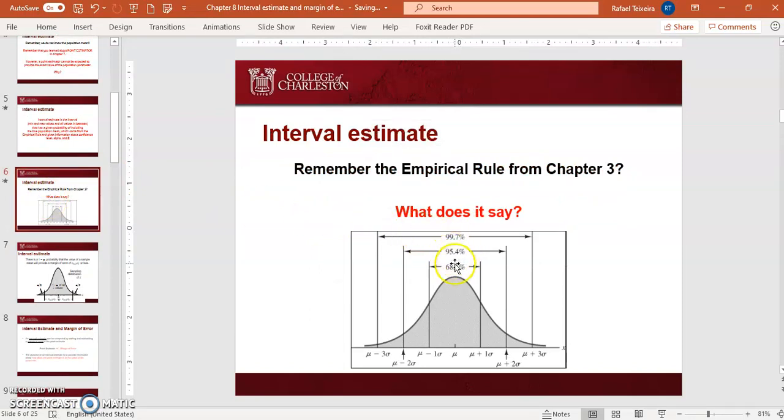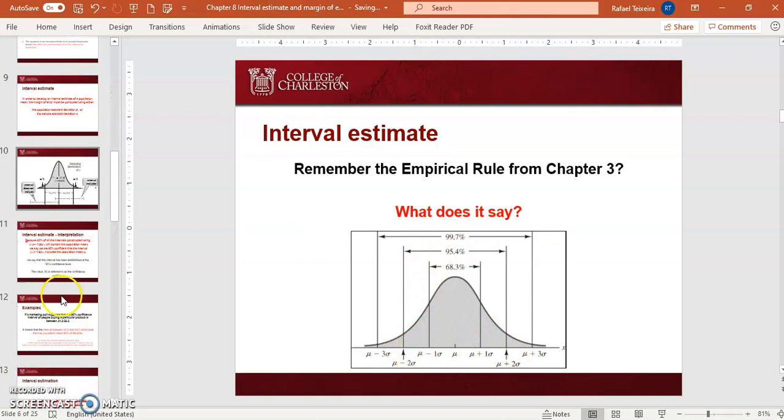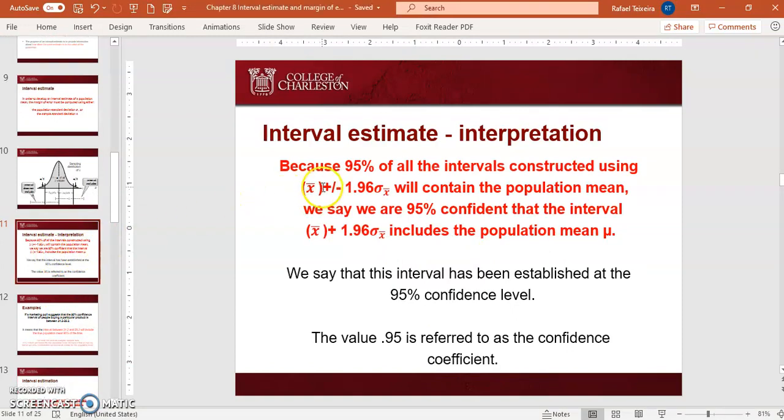95%. So the empirical rule says that if I get the population mean and I add 2 standard deviations and subtract 2 standard deviations, I have 95% of all observations. So what we're saying here is, if we get the sample mean, not the population mean,